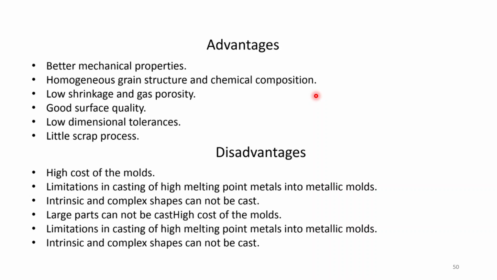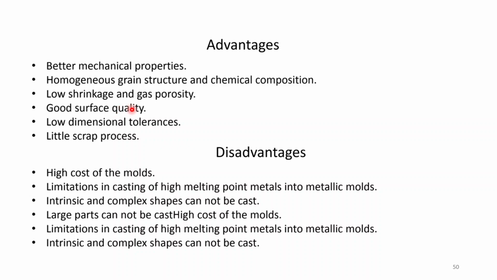As soon as you pour material, heat transfer will be higher, so there is less chance of shrinkage and gas porosity formation, and also the grain structure will be more equiaxed compared to an elongated type of structure or the dendritic type of structure which forms in case of sand casting. So it will also have homogeneous grain structure and chemical composition,